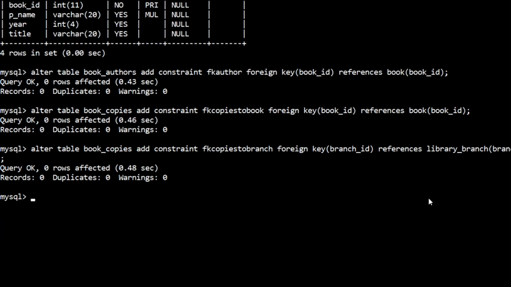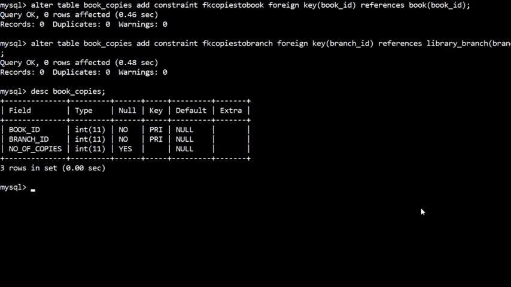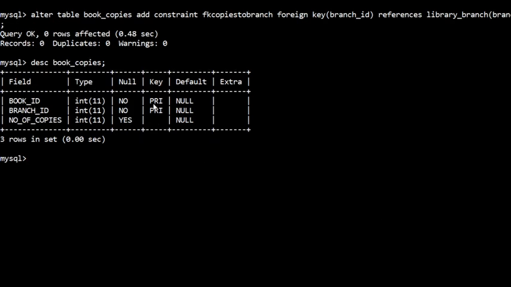Now if you again check the structure of this book copies relation, here it will not show MUL because already it is a part of your primary key, so it just shows primary key. But if it says query okay, it means the foreign key constraint has been added successfully.